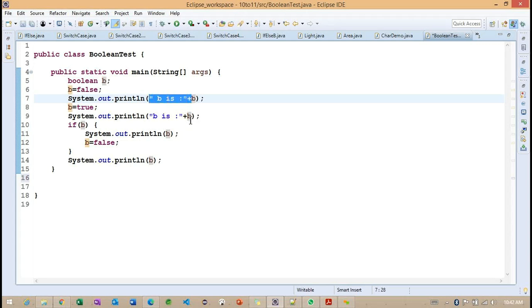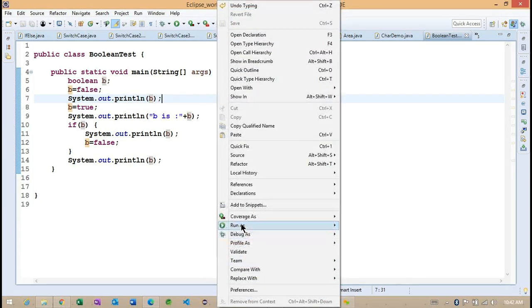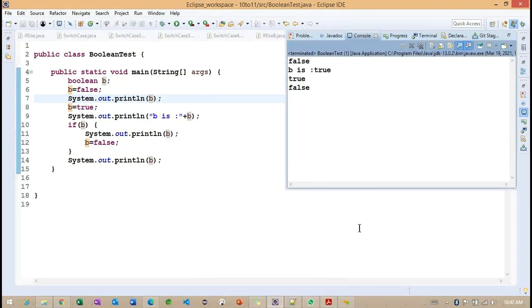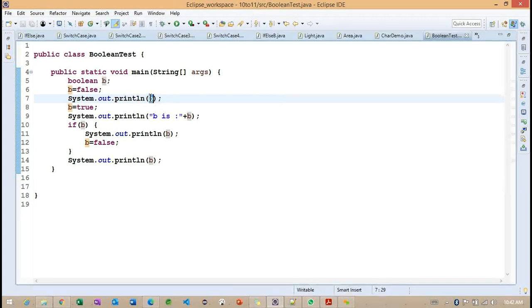Okay. So if I'm not going to use this particular statement directly, I can use it here. Whenever we are trying to append with any other data type, we communicate with the plus operator. We'll discuss more on the plus operator when we cover string class examples. To understand more clearly, I am trying to append with another message here, that is called b is. Otherwise, we can work on the same variable. We can define the variable, and whatever value the variable contains, we are going to print here.